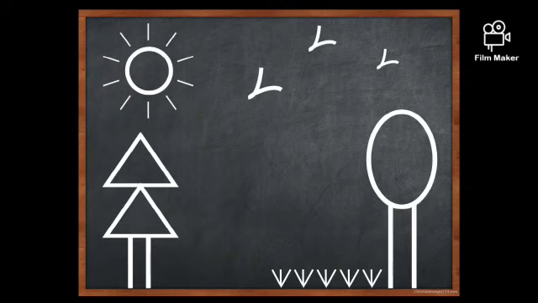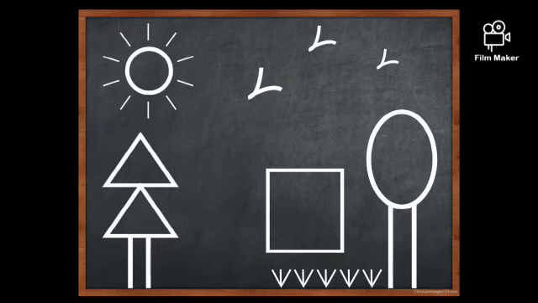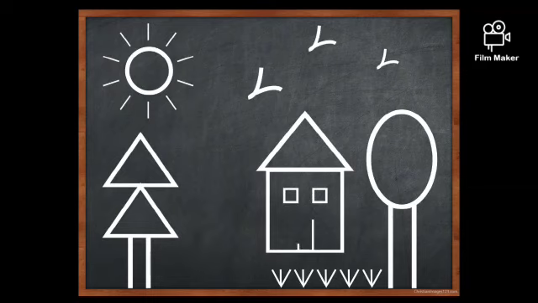Right, now we will make a house using the square shape, and a triangle on top for the roof. Can you see? You've learned this before also. And two square windows, small squares. See how teacher is drawing? Draw accordingly, it's very easy. Right? And now a door, a rectangle shape for the door.